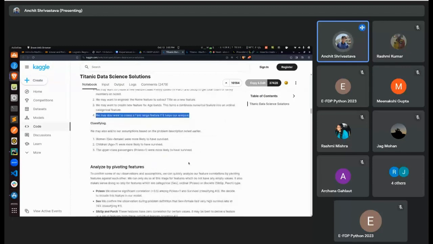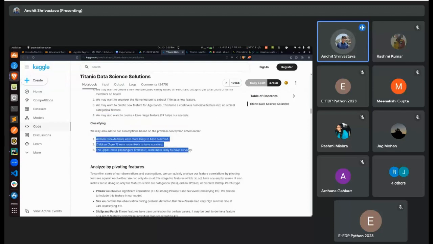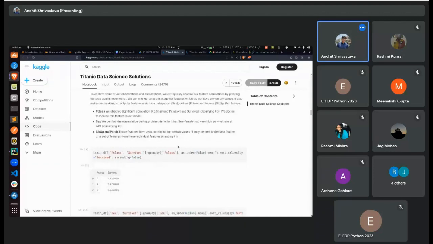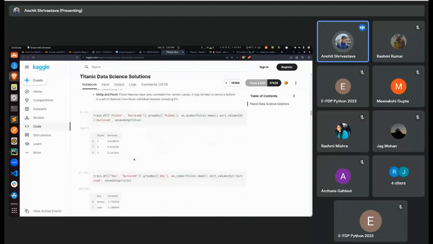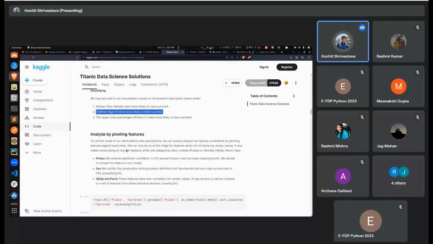Finally, we want to classify, and again, a couple of assumptions: that women were more likely to have survived, children were more likely to have survived, and P1 passengers were more likely to have survived. Now, if there is a question mark, we basically have to analyze above what age children were able to survive the most, right? Because we want to analyze this, our EDA from a generic EDA has shifted to